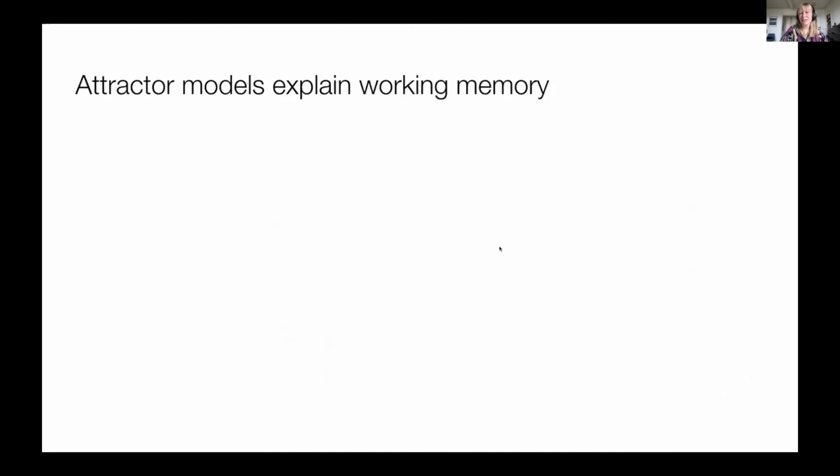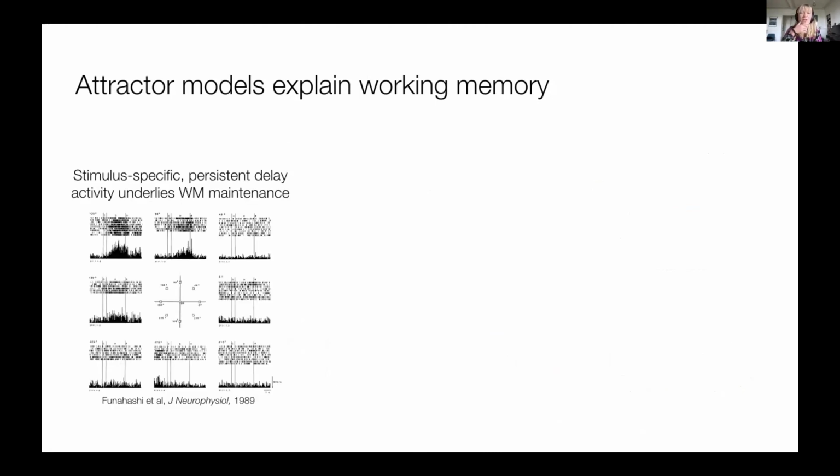When we want to understand these behavioral deficits in the context of attractor models, then we first have to start thinking about how these attractor models solve behaviorally these working memory tasks. And an important starting place here is to look at neurophysiological data of monkeys who are performing such a spatial working memory task. So in the late 80s, Funahashi and colleagues did this experiment in the Goldman-Rakic lab. The monkey had to remember one position on the screen. So here you can see the different positions that have been shown. And at the same time, they recorded from single neurons of the prefrontal cortex.